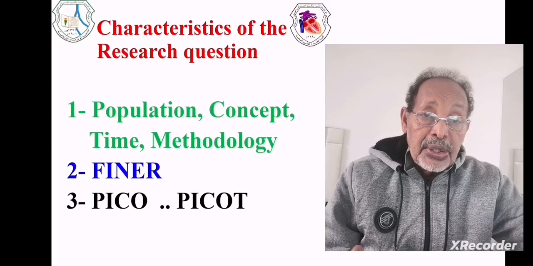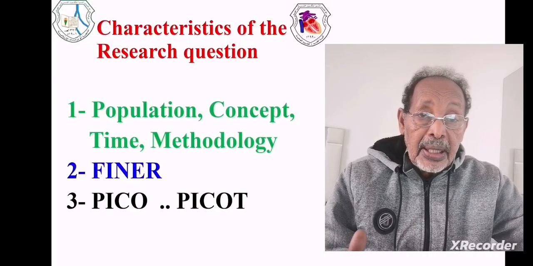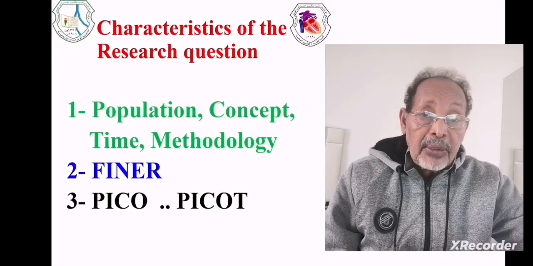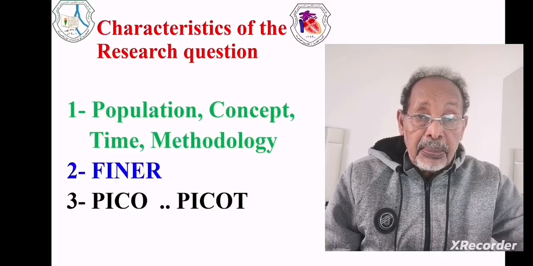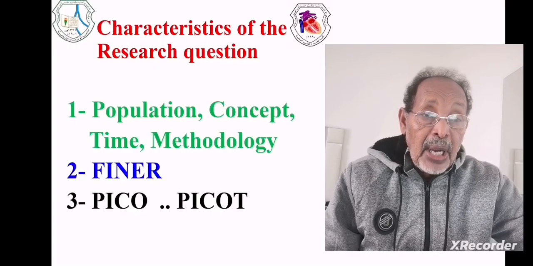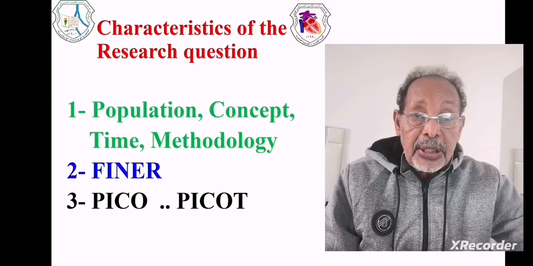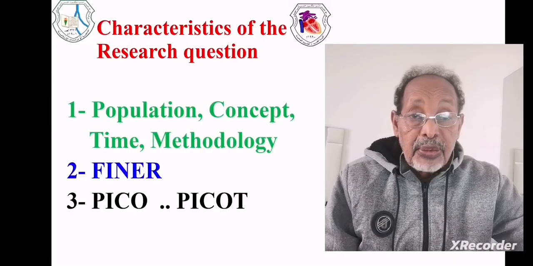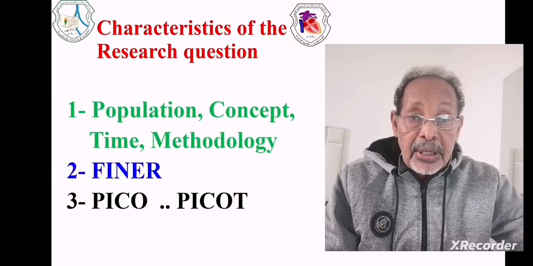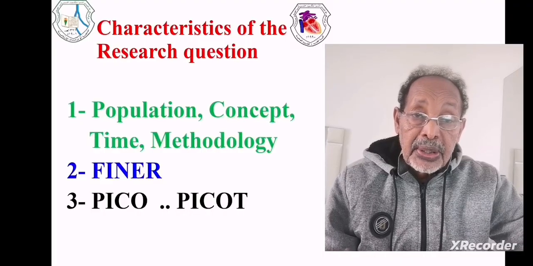And as we said about the title before, the title, and hence the research question, can follow the eponym FINER or PICO or PICOT. FINER is an abbreviation in which F denotes that it is feasible to do this study, and I denotes that it is an interesting study, and of course, as I said before, if it is not interesting, it would